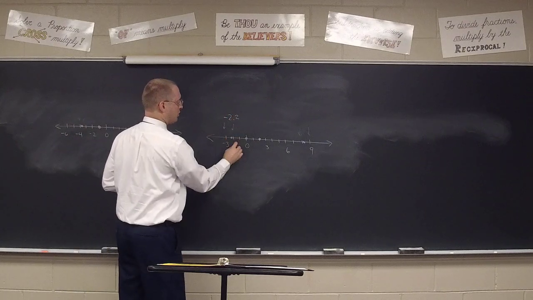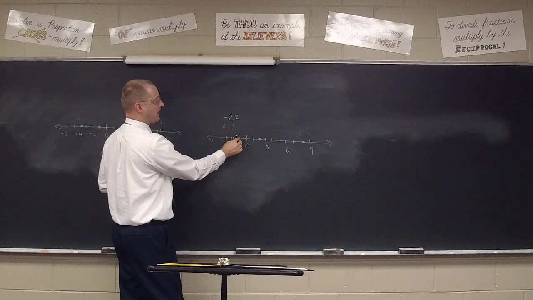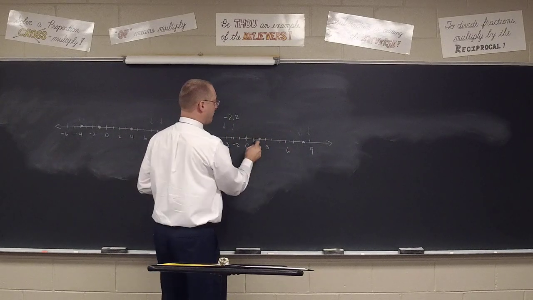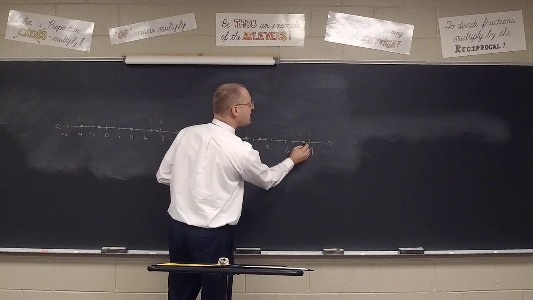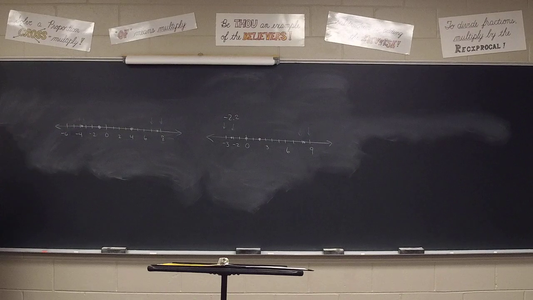Negative 2.2 in between negative 2 and negative 3. And if you're starting at 0, negative 1, negative 2, negative 2.2, just a little further from the 0. 8 and 1/5. What did the professor say? 8 and a little fifth more. Does that make sense? So kind of think of it as starting from the 0 and either going negatively or